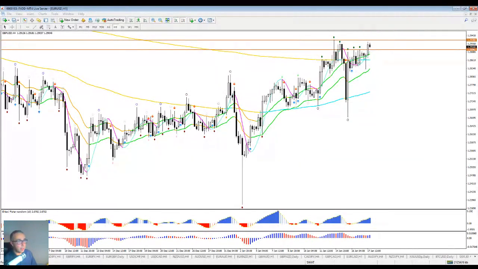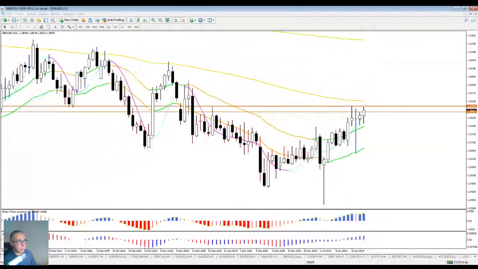So if you get a daily candle close above this 2-day high, right, with a good close near the high like this, then yes, I think there's a good chance of an immediate follow-through to 130 and even 131. But if today's daily candle turns into a bearish candle, then I think we're going to see this kind of